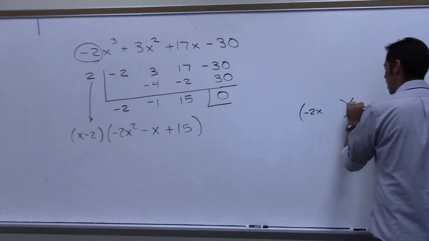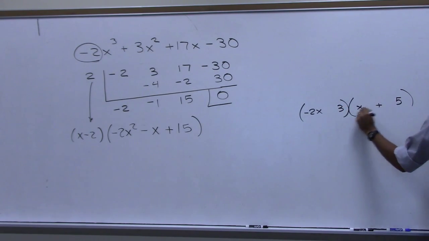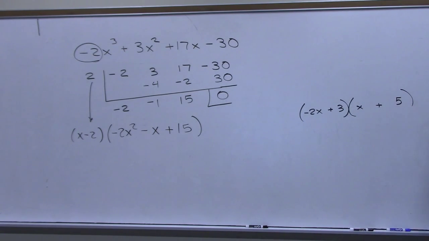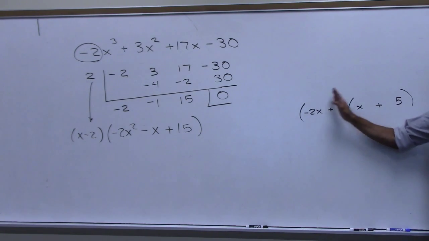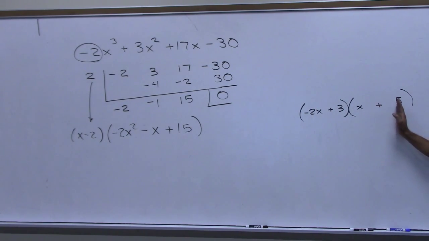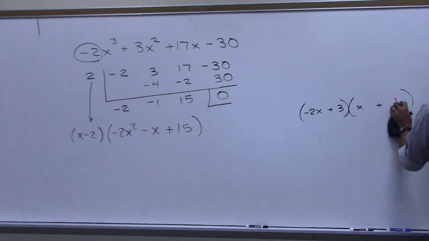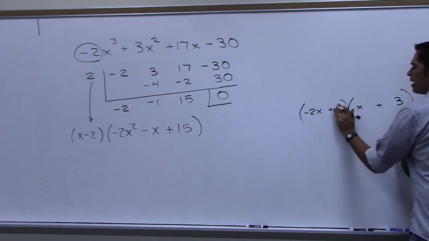Negative 2x and x, that'll give me the negative 2x squared. For 15, the only factors I have are 5 and 3, and I can make them both positive. I'm doing a mental guess type thing. This gives me negative 2x squared, but then I get 10x and negative 10x and 3x, that's not it, right? I need it to be a negative x. You said switch them, does it work? Yeah. If I switch this to a 3, and I switch that to a 5,